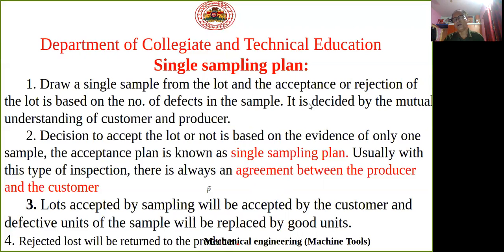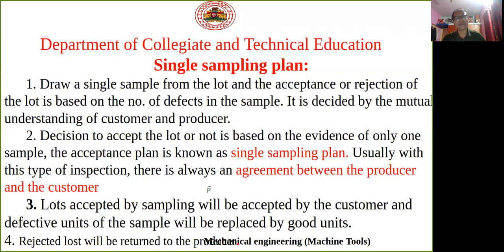Depending upon the mutual understanding between the customer and the producer, they will come to a conclusion that is called c, the acceptance number. Here we have to draw a single sample. That's why it is called a single acceptance sampling plan. We are drawing only one sample, and depending upon the defectives present in that sample,